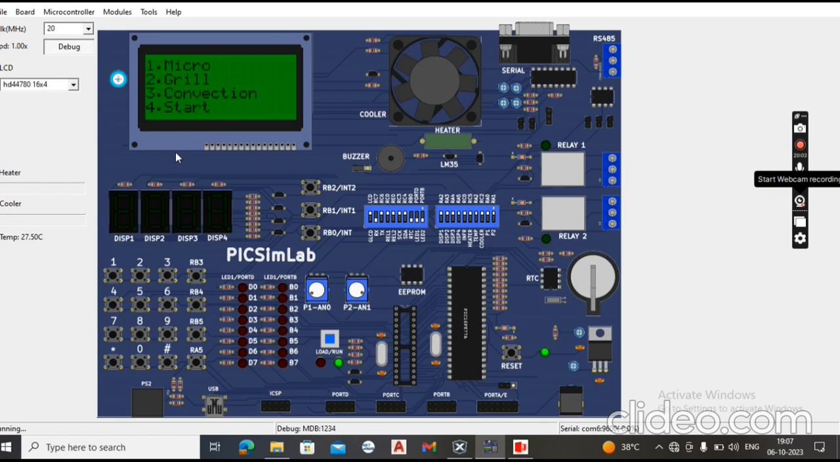This convection mode is different from the above two modes. Here, by pressing key 3, I can observe the convection mode. To run the convection mode, we have to set the temperature here. Initially, I have explained in the code. So, now I will set the time for 30 seconds. By pressing the hash key, I can start the process of